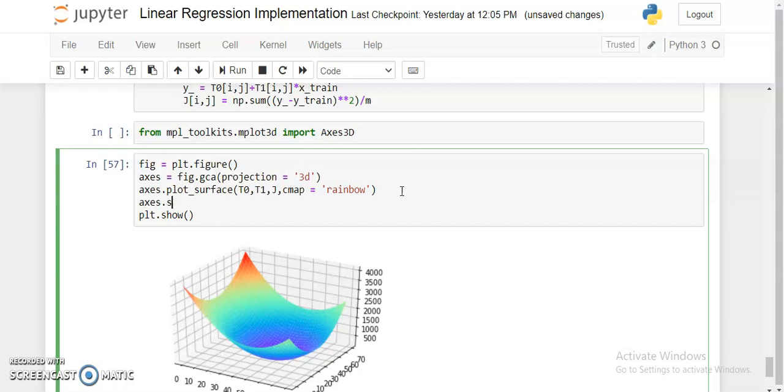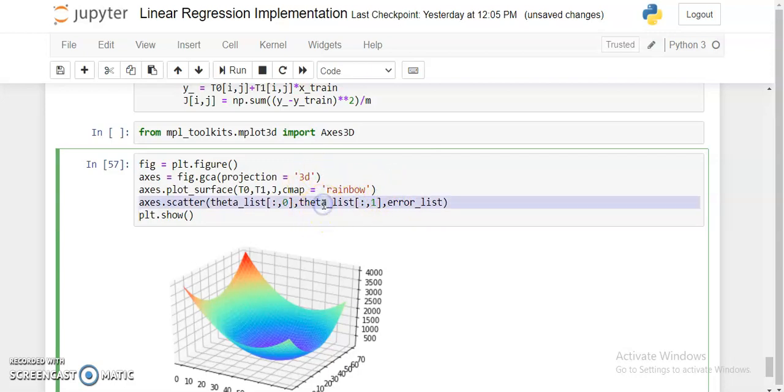So we will be using axis.scatter with theta list of 0 and theta list of 1, and with the error list we are checking it on the z-axis, right? On the x-axis we have theta list of 0, on the y-axis we have theta list of 1, and on the z-axis we have the error list, right?